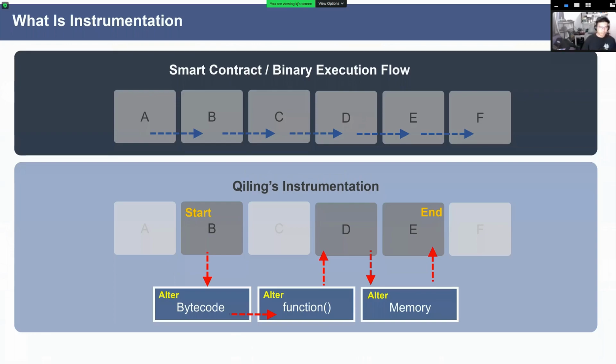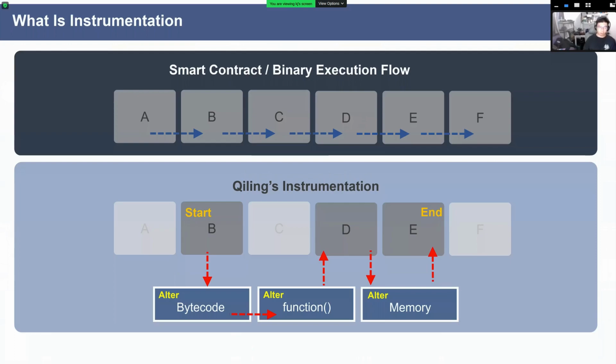So the idea for instrumentation is that we want reverse engineers to have the same method when they try to execute a binary. If they want to change the bytecode inside a specific file, they can do it on the spot, and they don't have to execute A. You can start from B, then go to D, stop at E, and then start all over again. Along the way, you can replace the function call. You can alter the memory. These are a few examples of what a